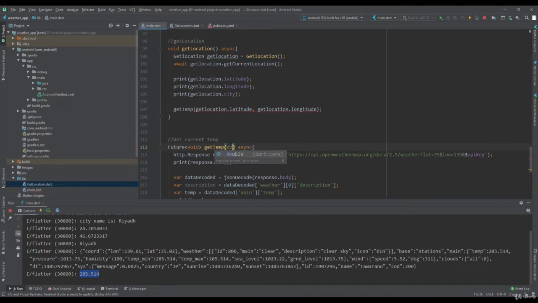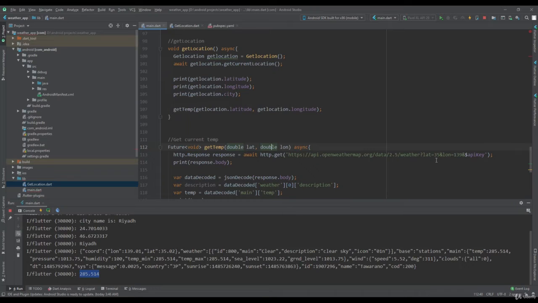They will be of the double type: let, let's call it lat, and the second one double long. Now we have access to the values of latitude and longitude, and we can pass them